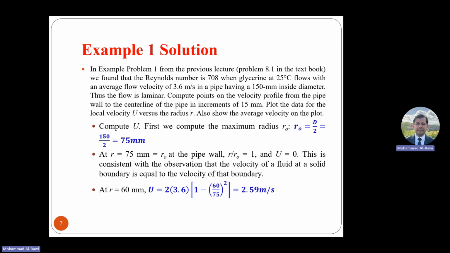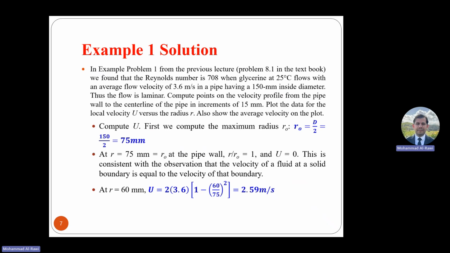For these types of questions, you can proceed as follows. R naught is equal to the diameter divided by 2, because R naught represents the radius, or the maximum radius in this case. 150 divided by 2 is 75. At r equals 75 millimeters, the pipe wall, the ratio r over R naught is 1, so u will be equal to 0. This is consistent with the observation that the velocity of a fluid at a solid boundary is equal to the